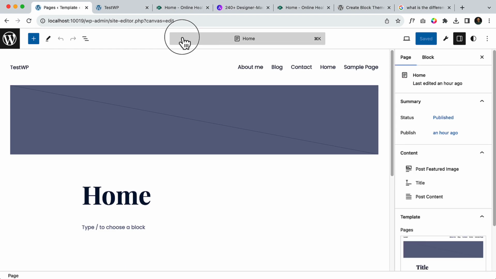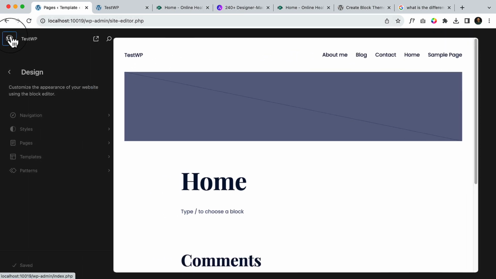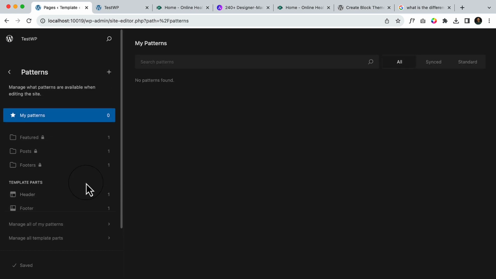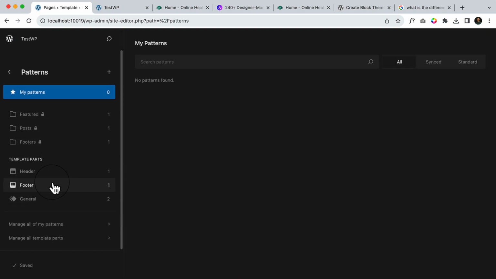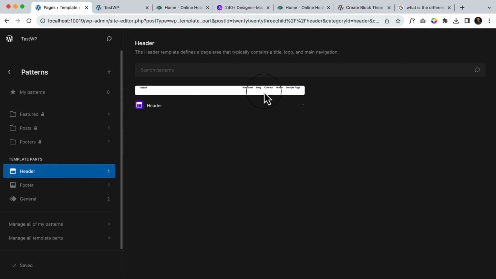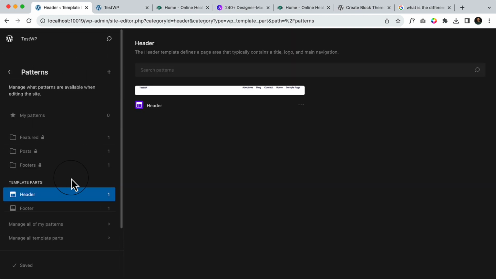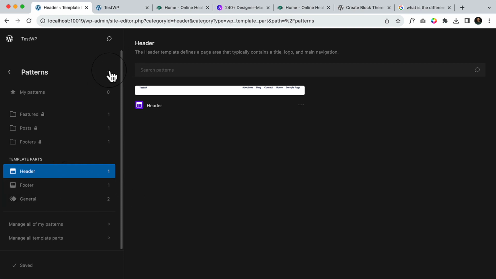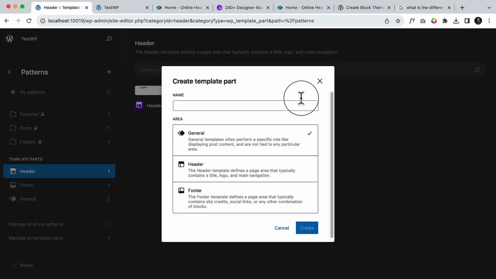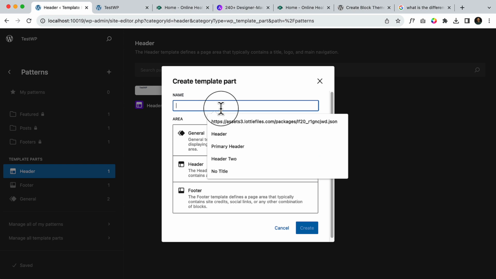But there is another way that you can create your own header instead of editing the existing header. Simply navigate to Patterns, and here you can see there are header and footer patterns. So we can click here to edit the header, or we can create our own header. So let's click over here and create template patterns. Make sure you have selected template patterns and click header and type here primary header,